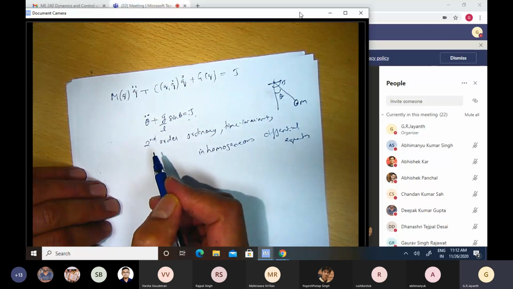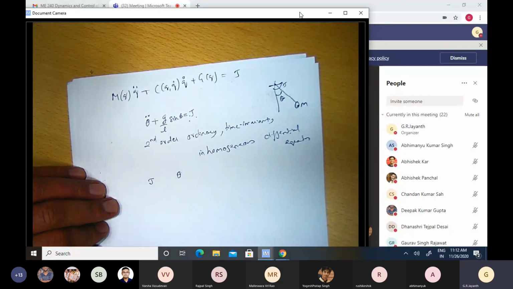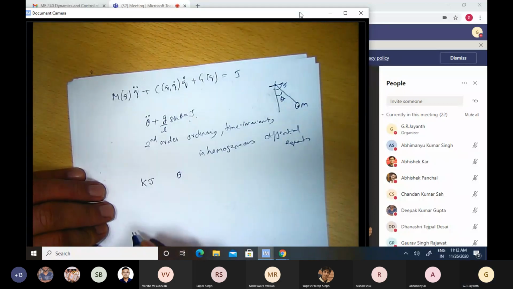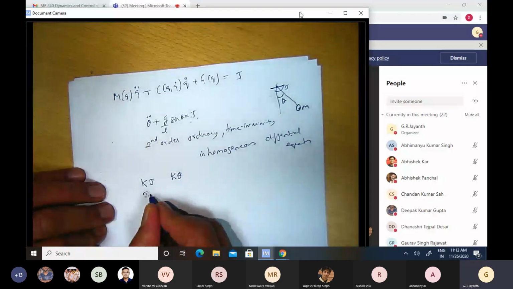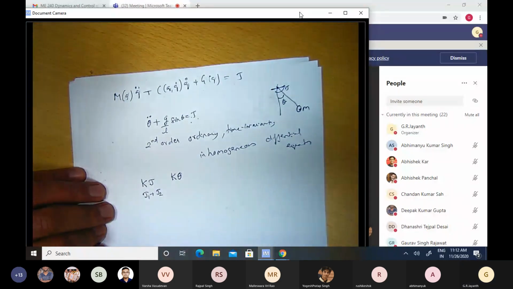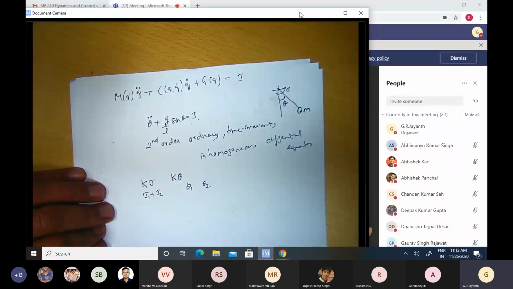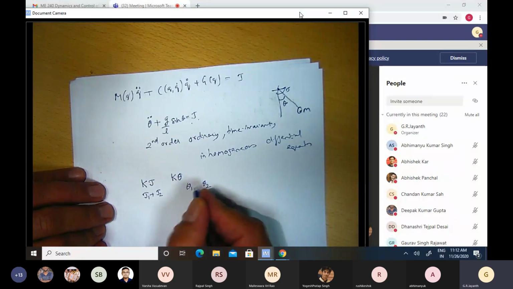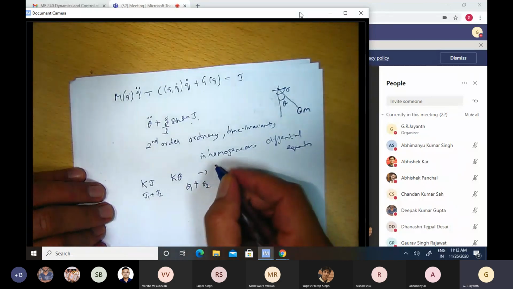So if a differential equation is linear, the input I'm giving is tau, and the output which I'm trying to calculate is theta. If the differential equation was linear, if I were to scale the input, the response should also scale by the same factor. If I double the input, the response should also double. Likewise, if I apply two different inputs, tau 1 and tau 2, and theta 1 and theta 2 are the responses to these two inputs, then when I apply the sum of the two inputs, tau 1 plus tau 2, the response should be equal to theta 1 plus theta 2. This first property is called homogeneity.